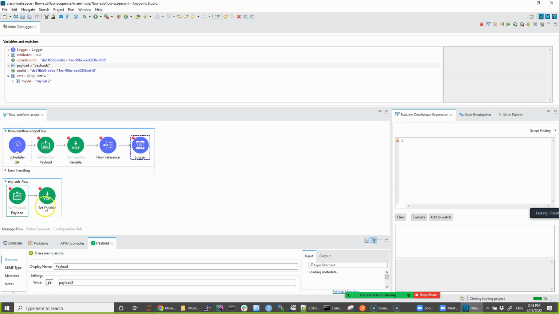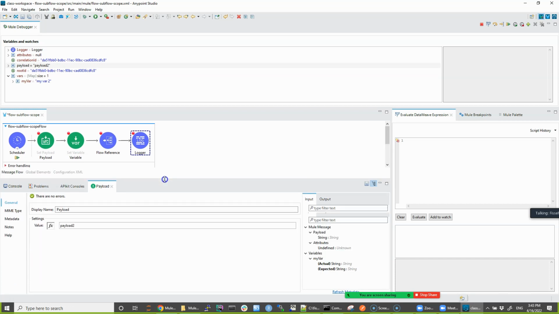However, about the target variable, this payload from the subflow, rather than